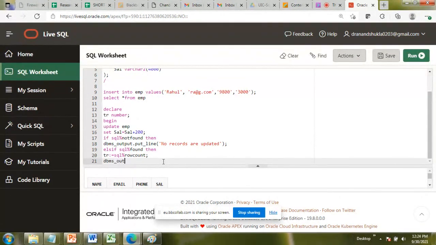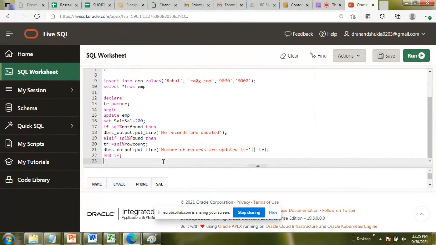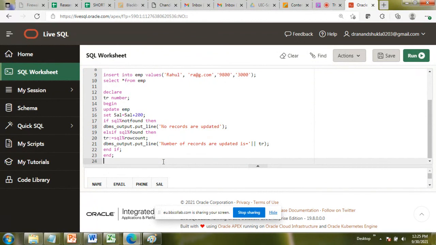So you can write DBMS_OUTPUT.PUT_LINE, number of records are updated as, then pipe symbol and TR here. Simple. Then you can write end if and end.